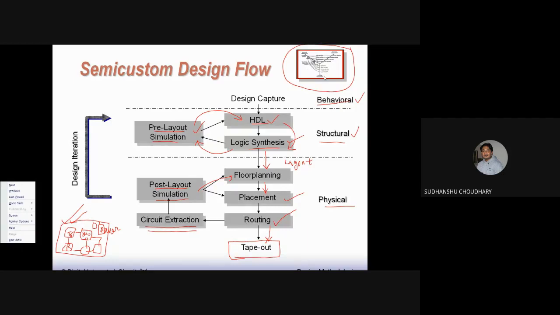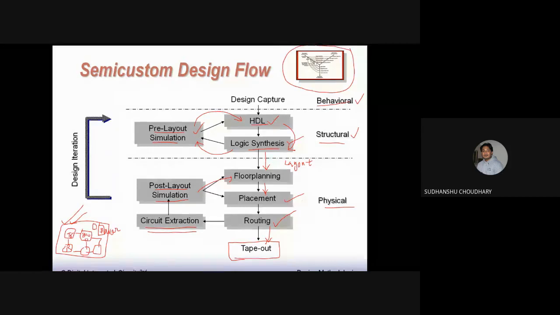traverses iteratively between the three axes of the Y chart, right? So this is an iterative loop, right? And the entire process is iterative. Now it may take days to finish the iterations, or maybe even weeks to finish these iterations. So that is why this process is complex, right? That is, it may take even days, or maybe weeks, to finish these iterations.